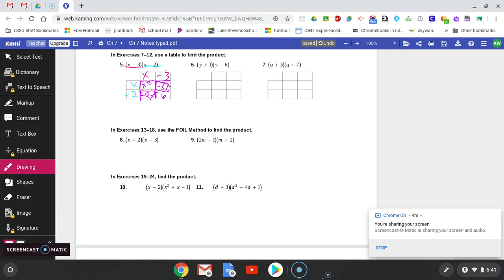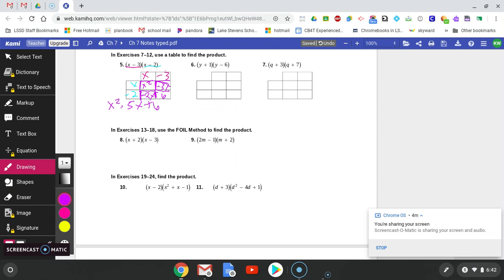And then I've got like terms that I combine. So my x squared will stay by itself, but then I have a negative 2x and a negative 3x, which is a negative 5x. I started to multiply. Let me get rid of that. There we go. Okay, so that would be a negative 5x because I'm adding them at this point, and then